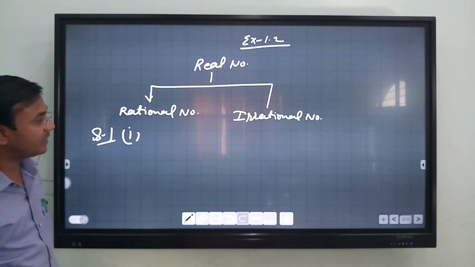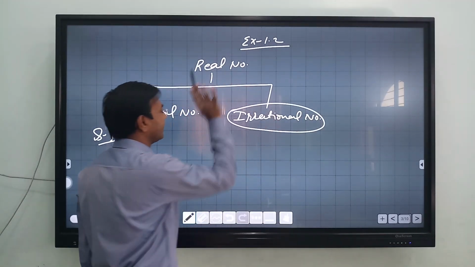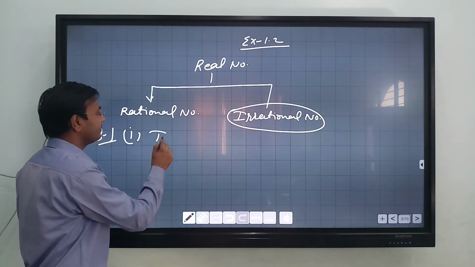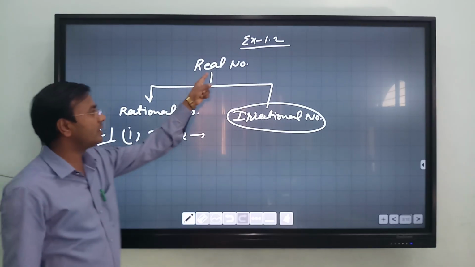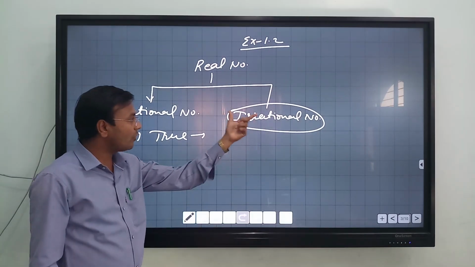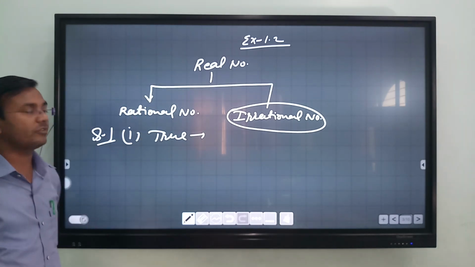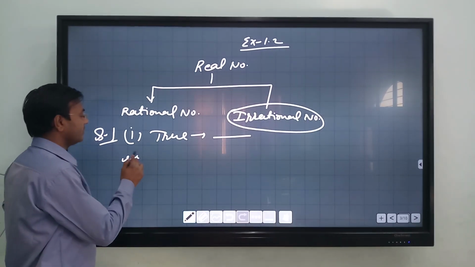Every irrational number is a real number. Every irrational number is a real number. So yes, this is true. Why? The reason is because real number is the collection of rational as well as irrational. So all irrational numbers must be real numbers. So we will write this explanation. Now second part,